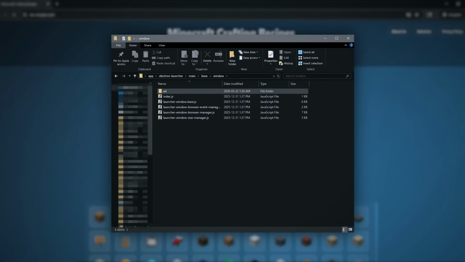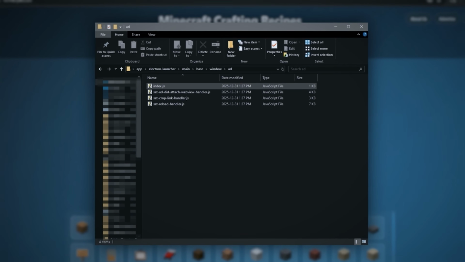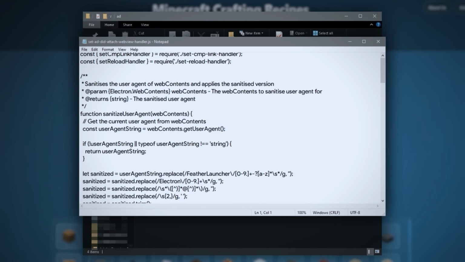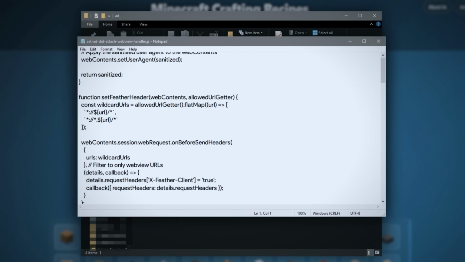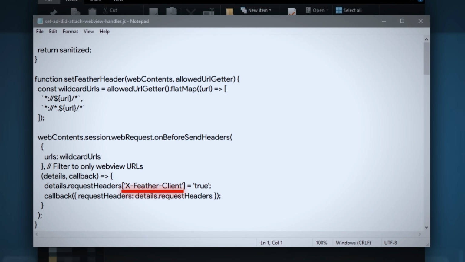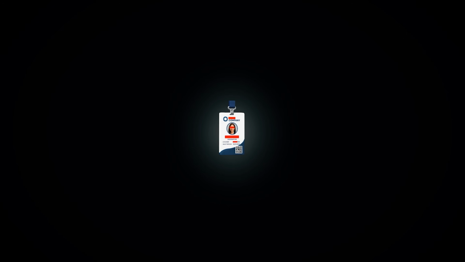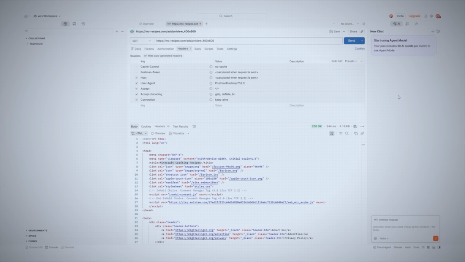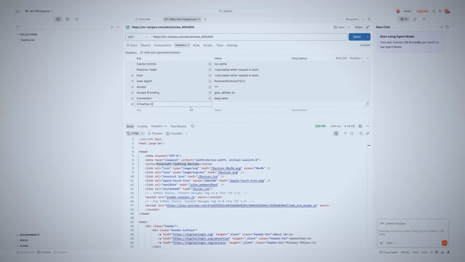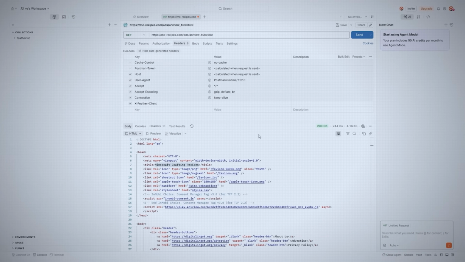And this is because inside this ad folder, in a file called set_ad_did_attach_webViewHandler.javascript, we can see that Feather intentionally adds a custom request header labeled X-Feather-Client every time the launcher loads one of these ad URLs. In simple terms, a request header is basically like an ID card telling the website who's making the request. In our case, it's actually quite important because if we view this URL in a service like Postman, where we're able to attach said custom header,